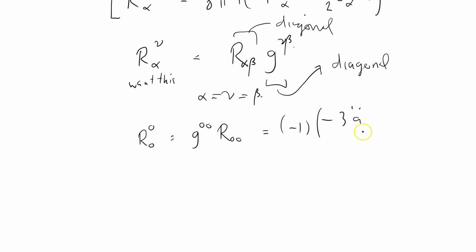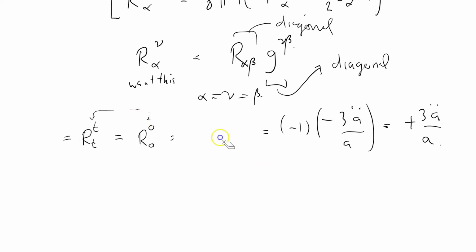-3a dot dot over a equals +3a dot dot over a. R, oh, I say 00. I've been a bit slack about this. Sometimes I'll say RTT, and sometimes I'll say R00 because the 0th index is t for time. I'll try and be consistent. I'll replace them with t's. So we've got